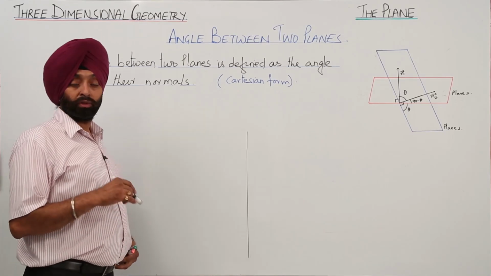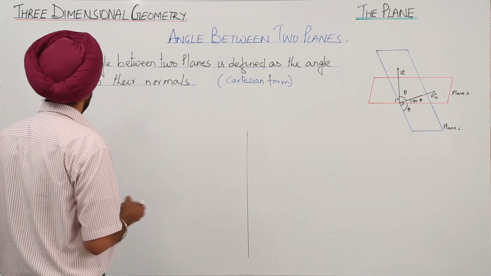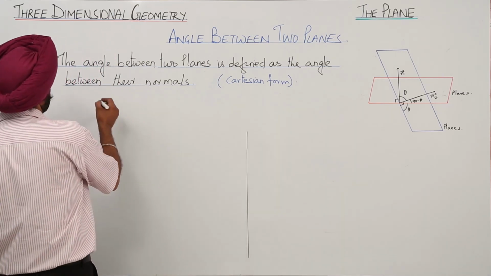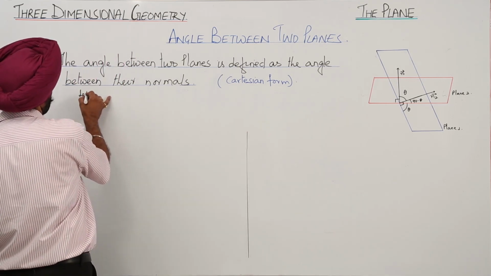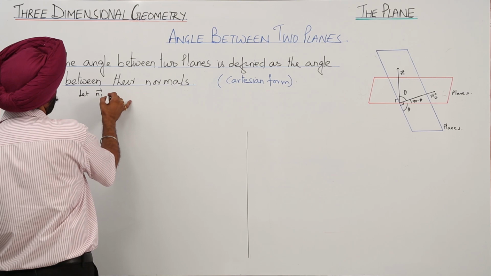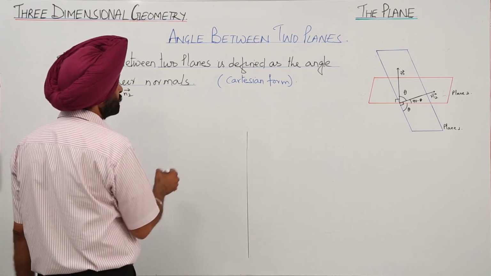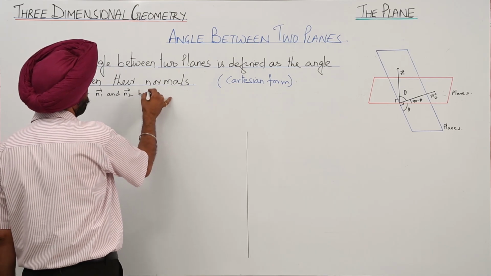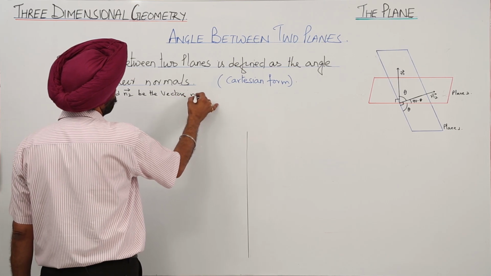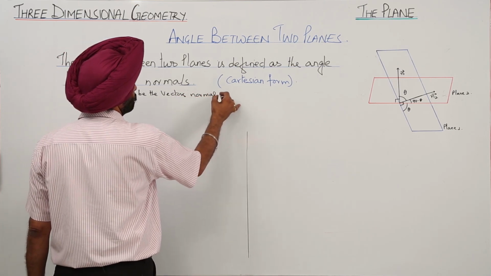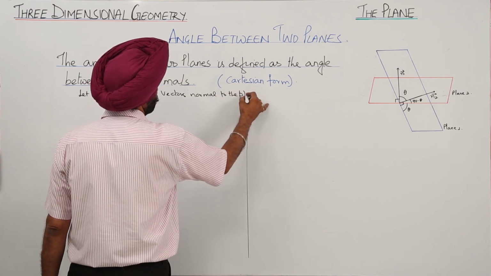Now, conditions for the two planes in the Cartesian form. Okay. Now we have already done it that for these two planes, let vector n1 and vector n2 be the vectors normal to the planes